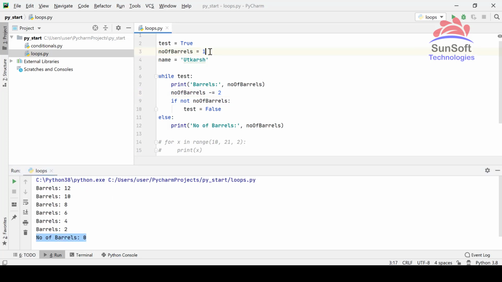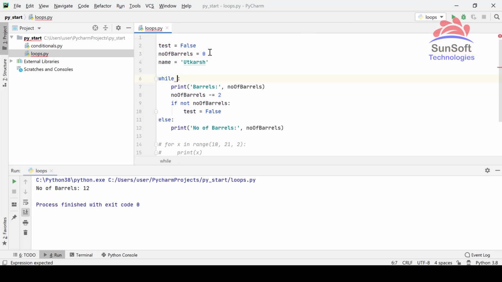Now what if I give the number of barrels as 0 only? So what I'll do is basically check if this is truthy. If it is truthy, then do this, else do that. So let's check. Yeah, number of barrels is 0. Okay. So let's get back.